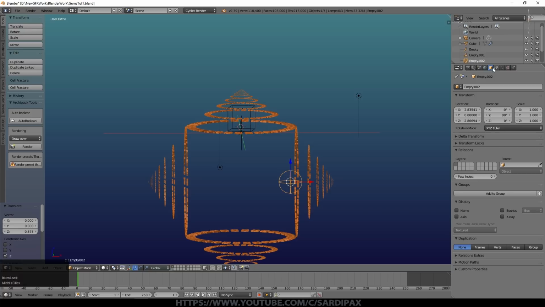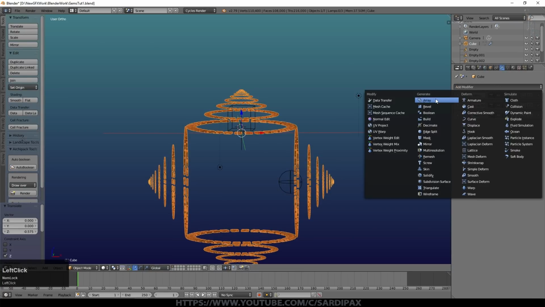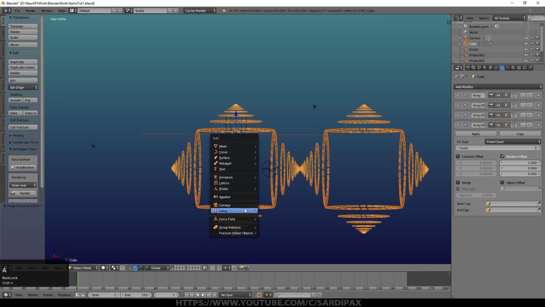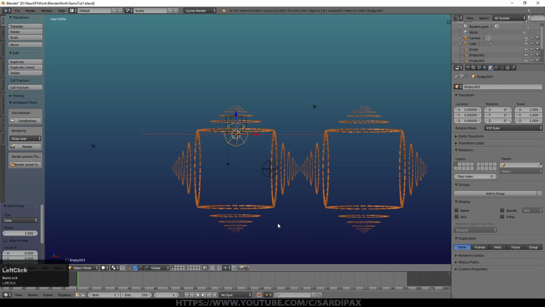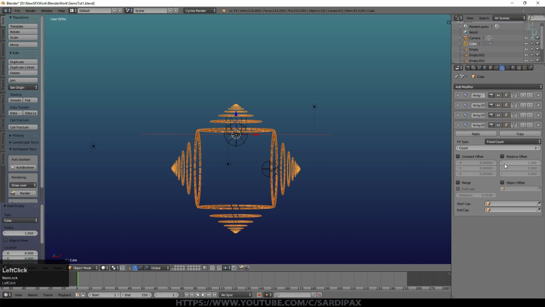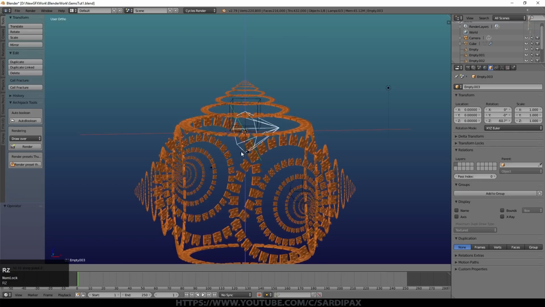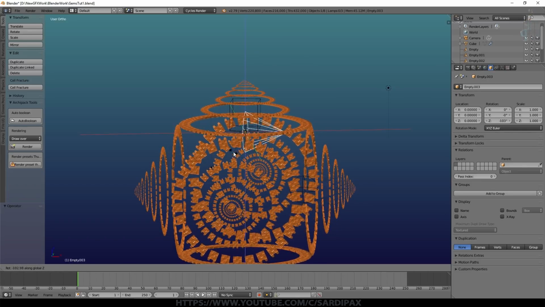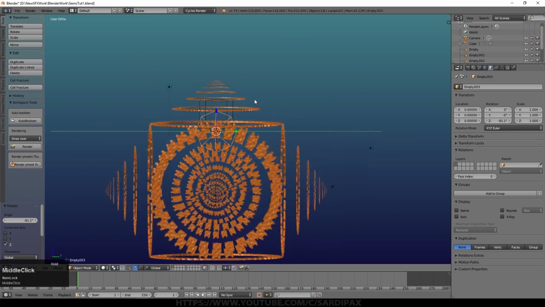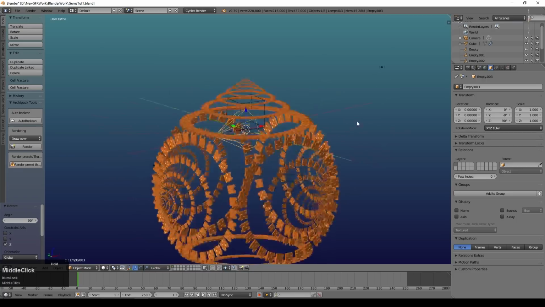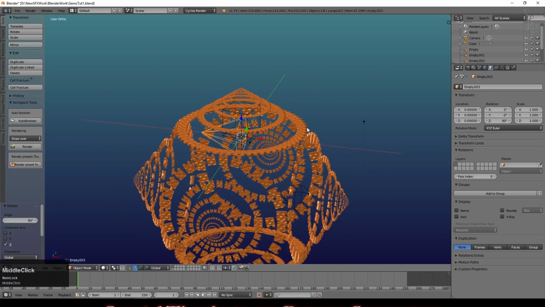And then we need one more array. So add array modifier. I just had 2 this time. I've put the cursor back to the center, and I'm going to add another empty, and we'll make it a cone this time. It doesn't really matter. Turn off relative and turn on object offset for empty 003. You can see there's another set of these shapes linked, and we can set that however we wish to, perhaps like that. So I just rotated it about 90 degrees, rotate Z 90. It's not precisely the shape that I made before, but that'll do for now.